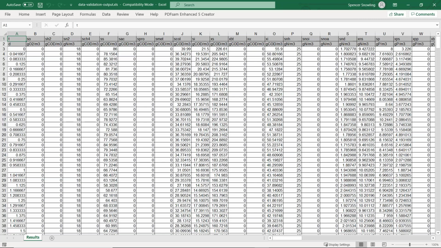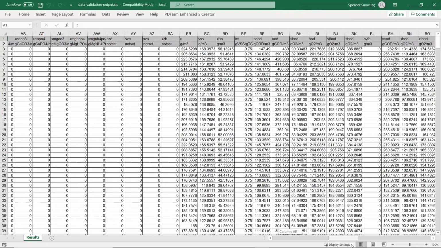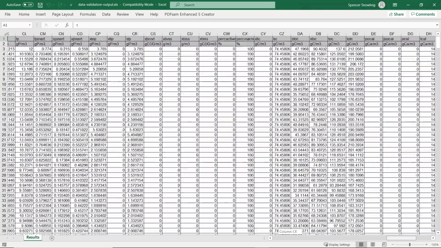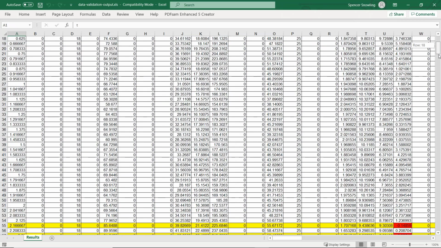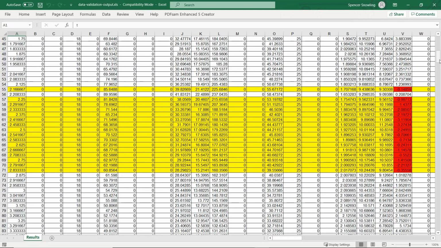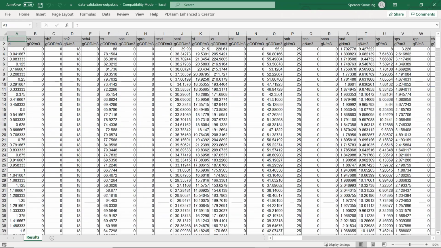You can see now what I'm going to get out of this is actually the state variables all the way across here, across all of the columns, and all of the composite variables as well. And it's doing it for every one of the time steps that I supplied in that spreadsheet. So you'll notice immediately if there's a problem. We highlight the row in yellow where there's at least one column where you have some negative values. So you can see here there was a brief period of time where one of our concentrations, which one, the